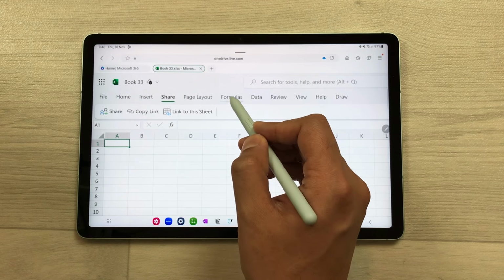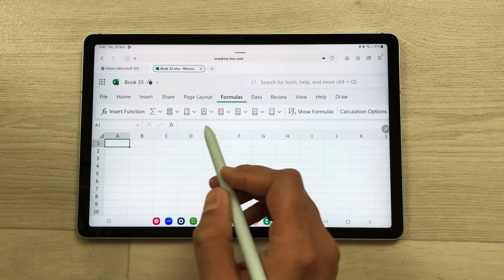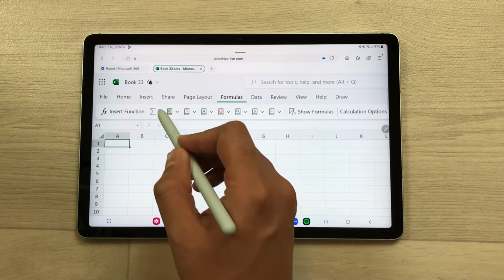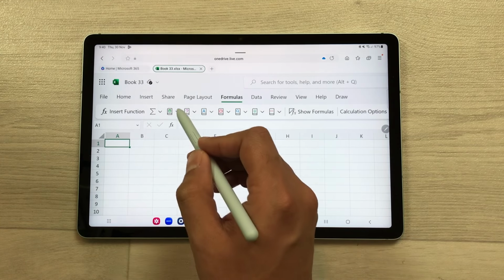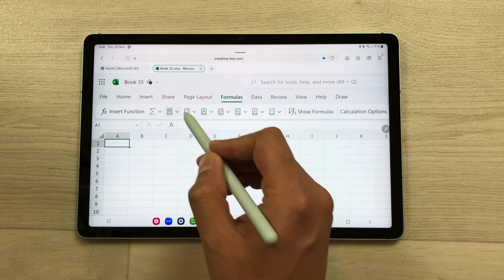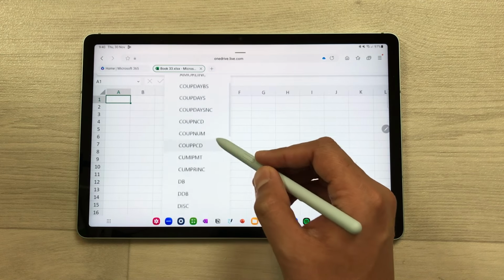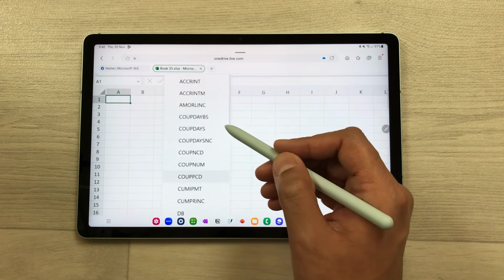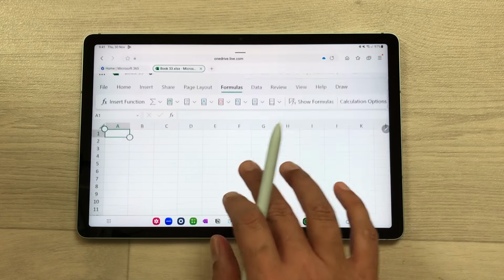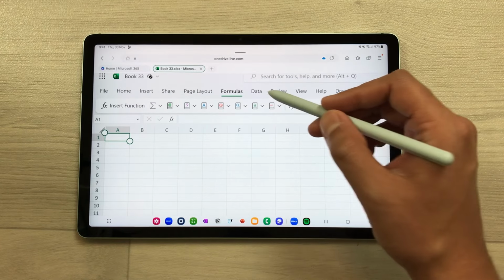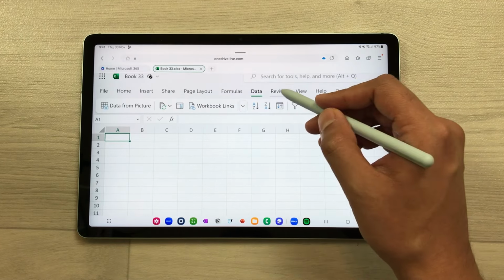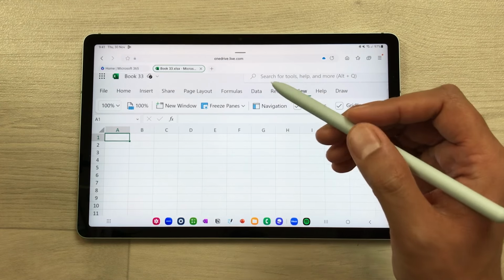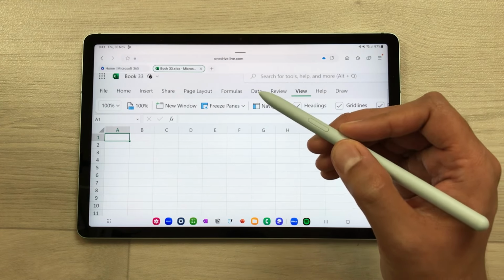Then we have the formula tab, where all different formulas are available. Here we have the sum formula. If you select this arrow, it will show you a list of different formulas. We have accounting formulas and other necessary formulas also available. Then we have the data option, review, and view, and you can also use your S Pen if you want